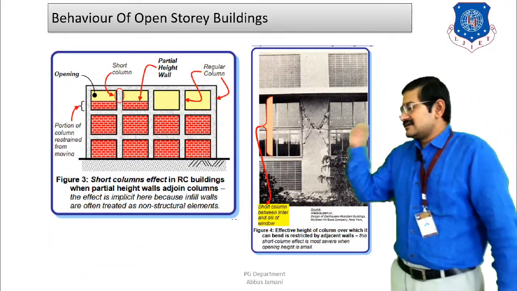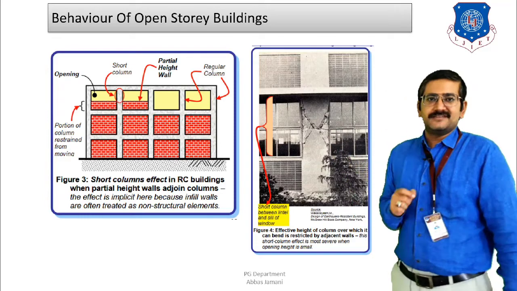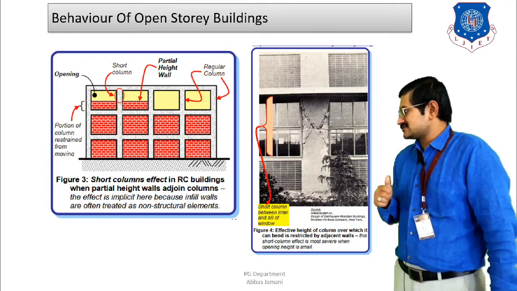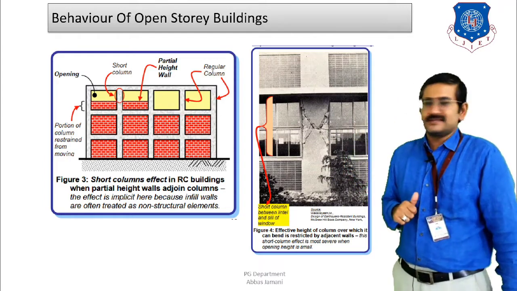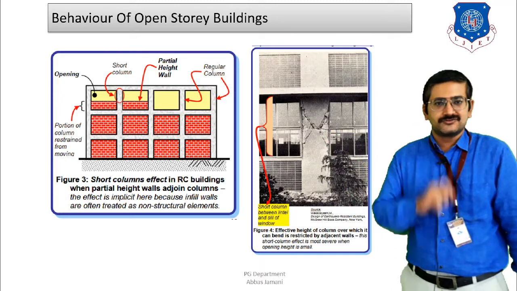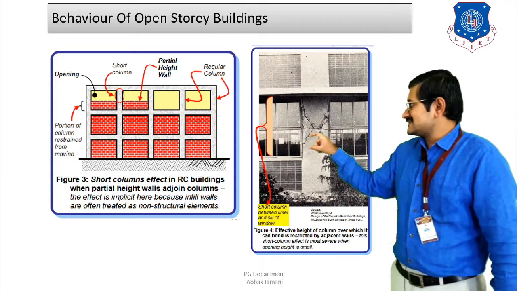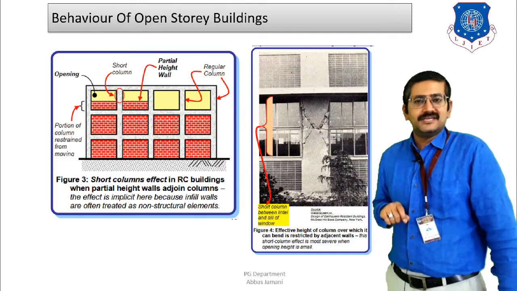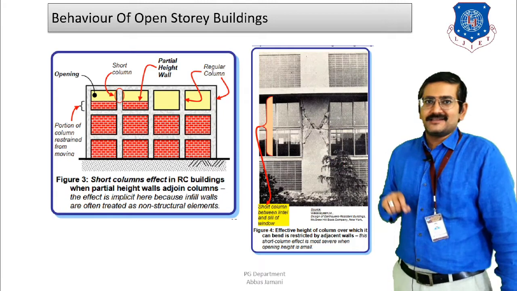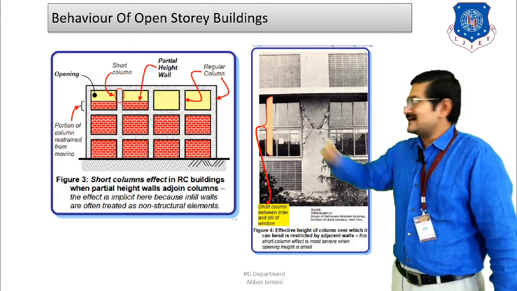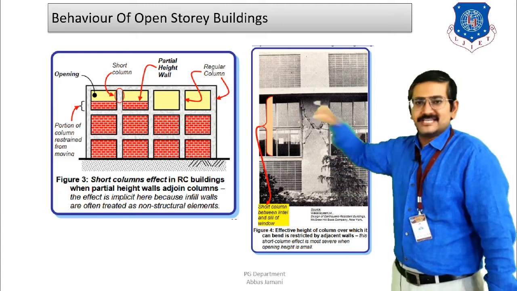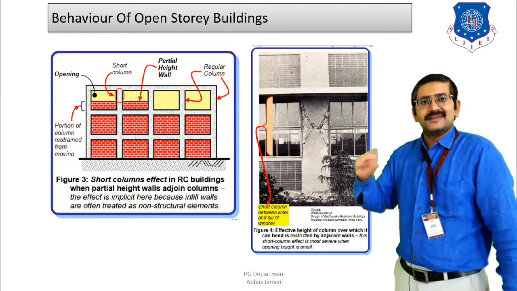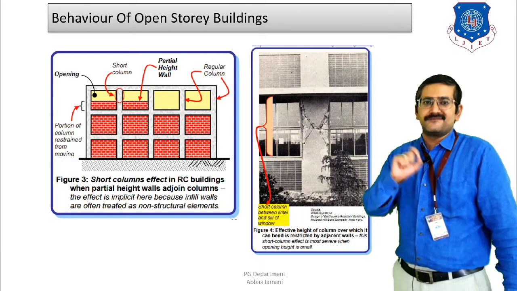As you can see, the geometry of a G+3 building is shown, where infill walls are provided at the ground story and at the first story. Whereas at the second story, partial openings are shown. As you can see, the masonry infill is shown for some portion of the height, and for the remaining portion, the opening is shown. So whenever this happens, the portion where the opening is provided has less lateral resistance as compared to the portion below, where the combined action of column as well as the masonry infill wall is there.